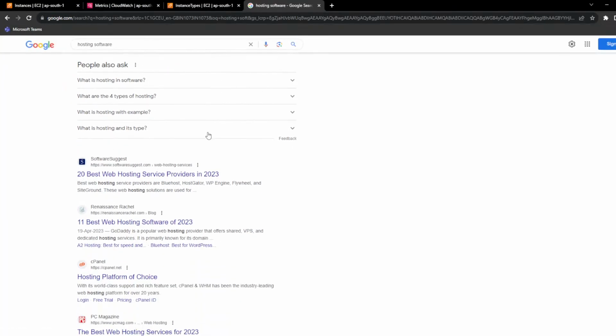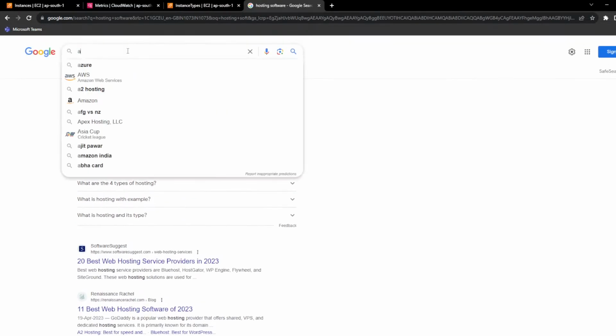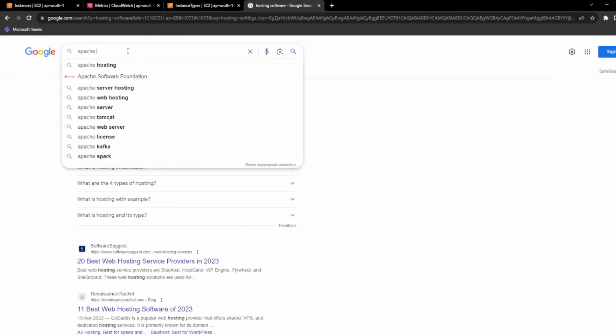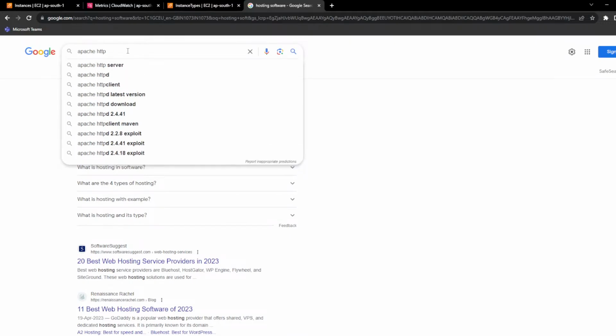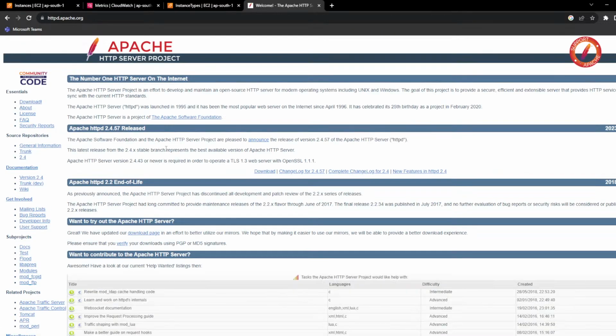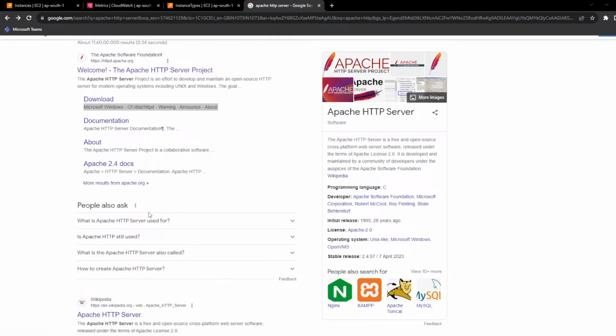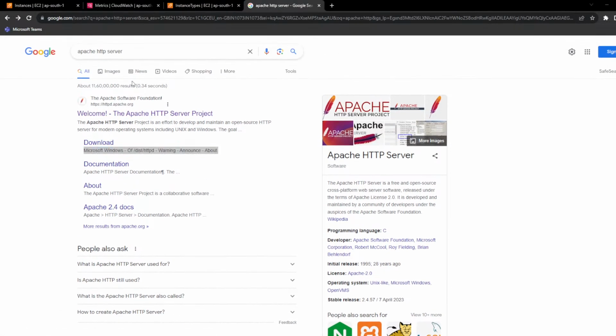So you will find a number of hosting web servers, but for Linux I am going to use Apache HTTP server. This is for Linux. It helps you to host a website in your EC2 machine or Linux server. It's free of cost. So either you can download from here for your Windows, it's also available for Windows, or you can just type some command,